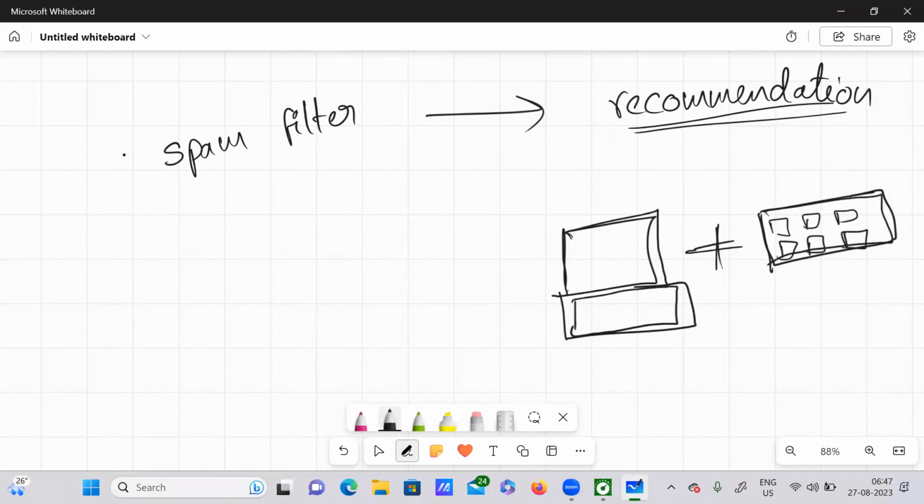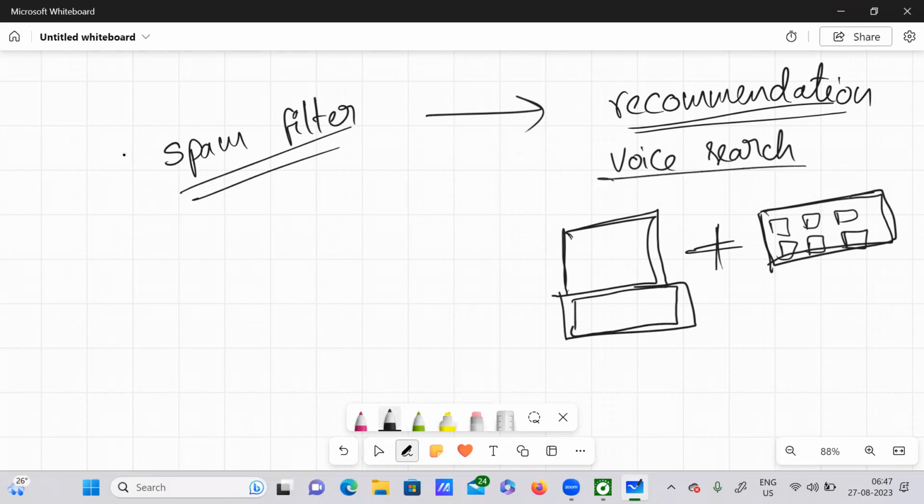So ML has developed from spam filter to recommendation systems, and nowadays we also have AI assistants, maybe your Google Assistant, that is voice search. For example, if you just say okay Google, then Google automatically responds to your voice.